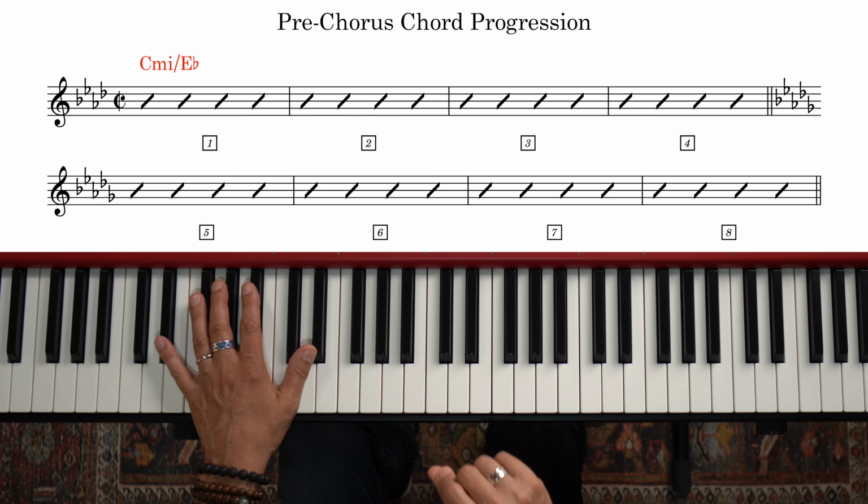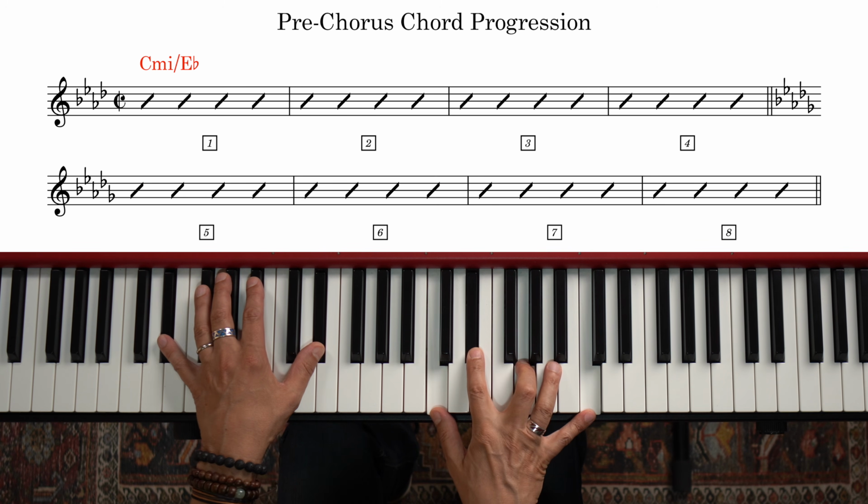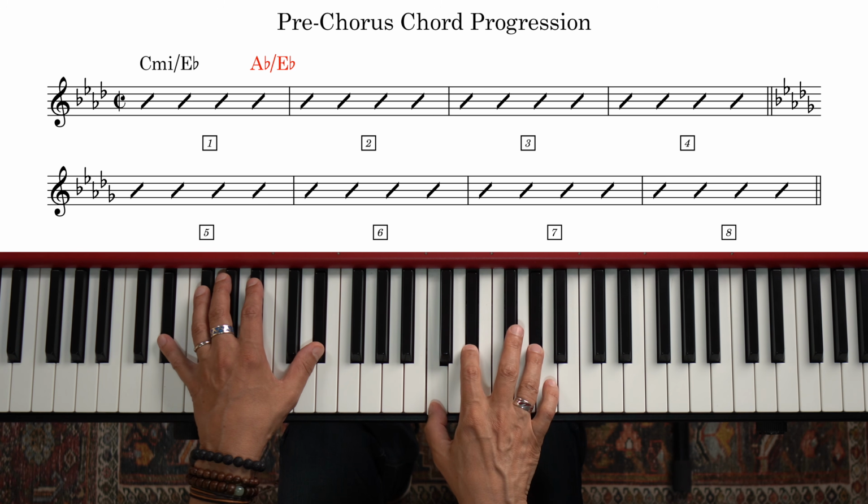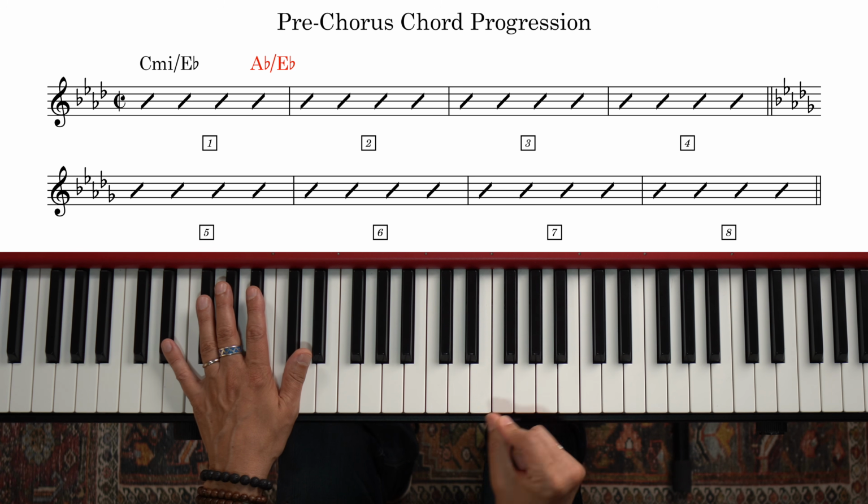Alright, if you thought the verse was tricky, wait till you get a load of the pre-chorus. That shit is bonkers, harmonically speaking. Let's see if we can make sense of this. Here's the chord progression. It starts on C minor over E flat, and on beat 4 he switches to A flat over E flat. Now the official sheet music says A flat over E flat for the whole bar, and